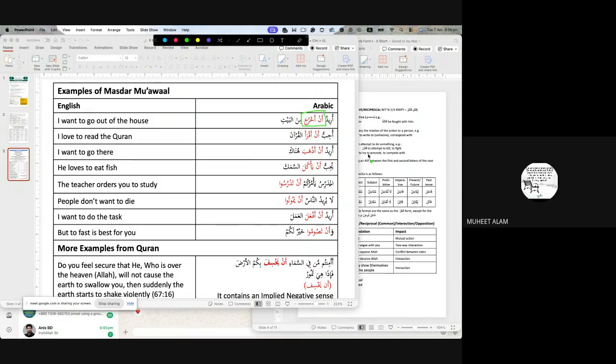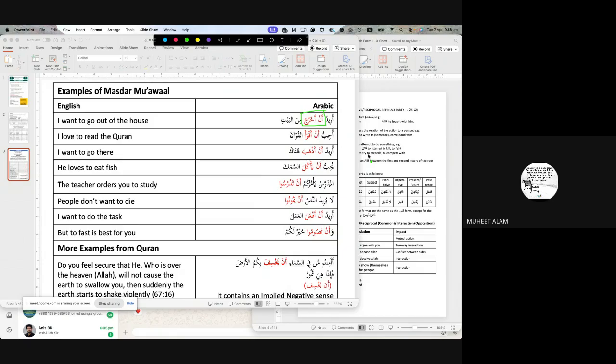In an akhruja, the an is connected with the mudari mansub verb. So instead of using a one-word masdar, Arabs sometimes use a full phrase, and that phrase takes the role of the noun in the sentence. It can act as a subject, an object, or any other grammatical role. In Uridu an akhruja min al bayti, an akhruja is working as an object.